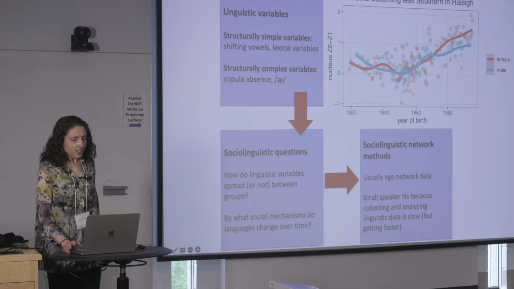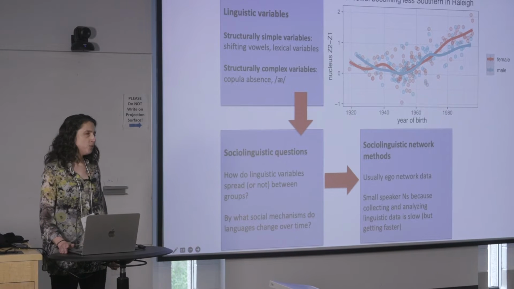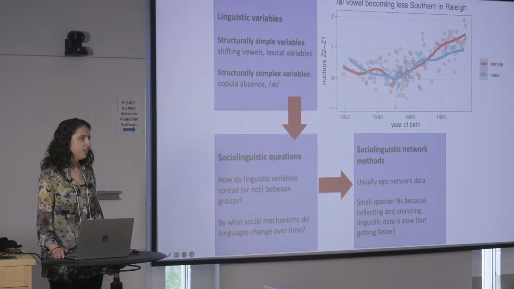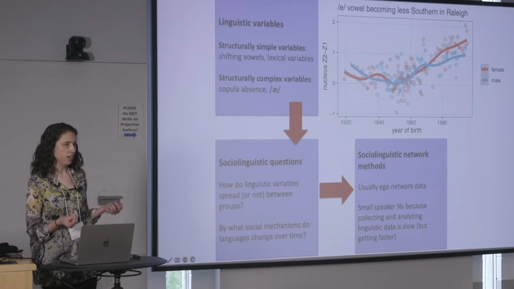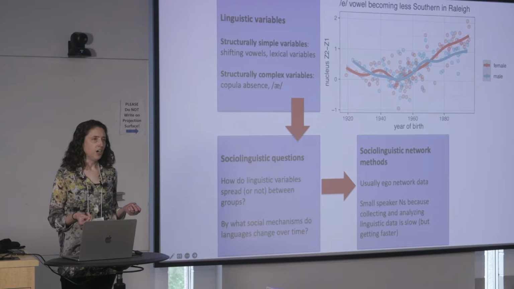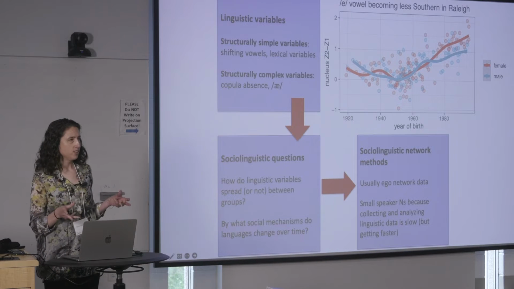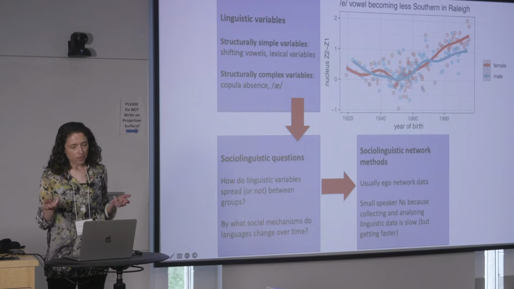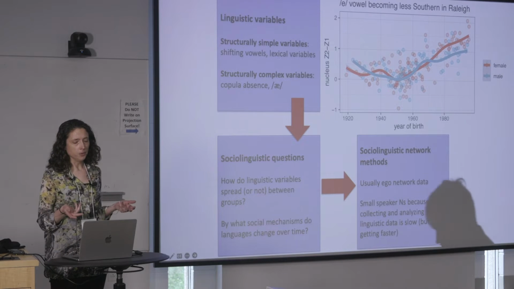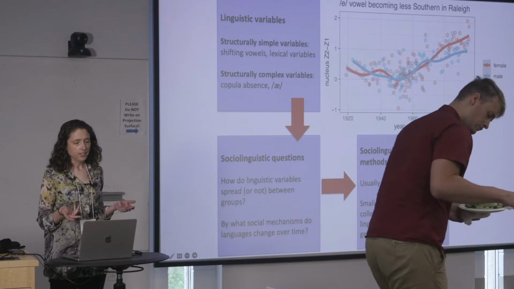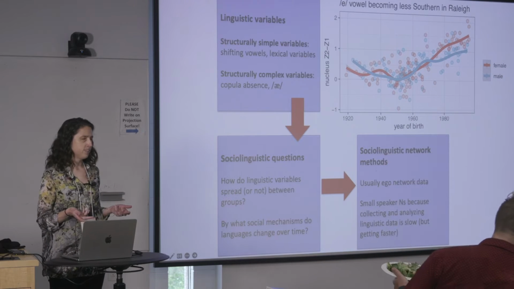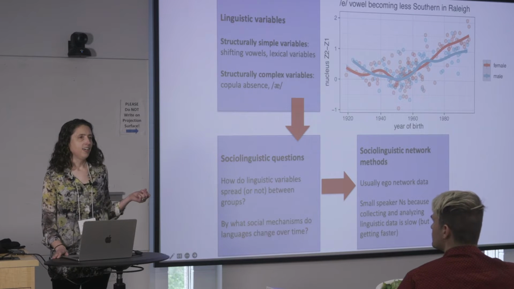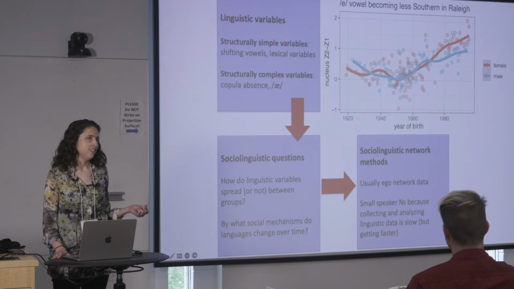All right, so I'm in sociolinguistics, and most of what we do in sociolinguistics is study things we call linguistic variables. And linguistic variables are these abstract objects. They're defined as two or more ways of saying the same thing. So one example you can see in the graph here is just the way of pronouncing the sound A, as in words like say and take and state.